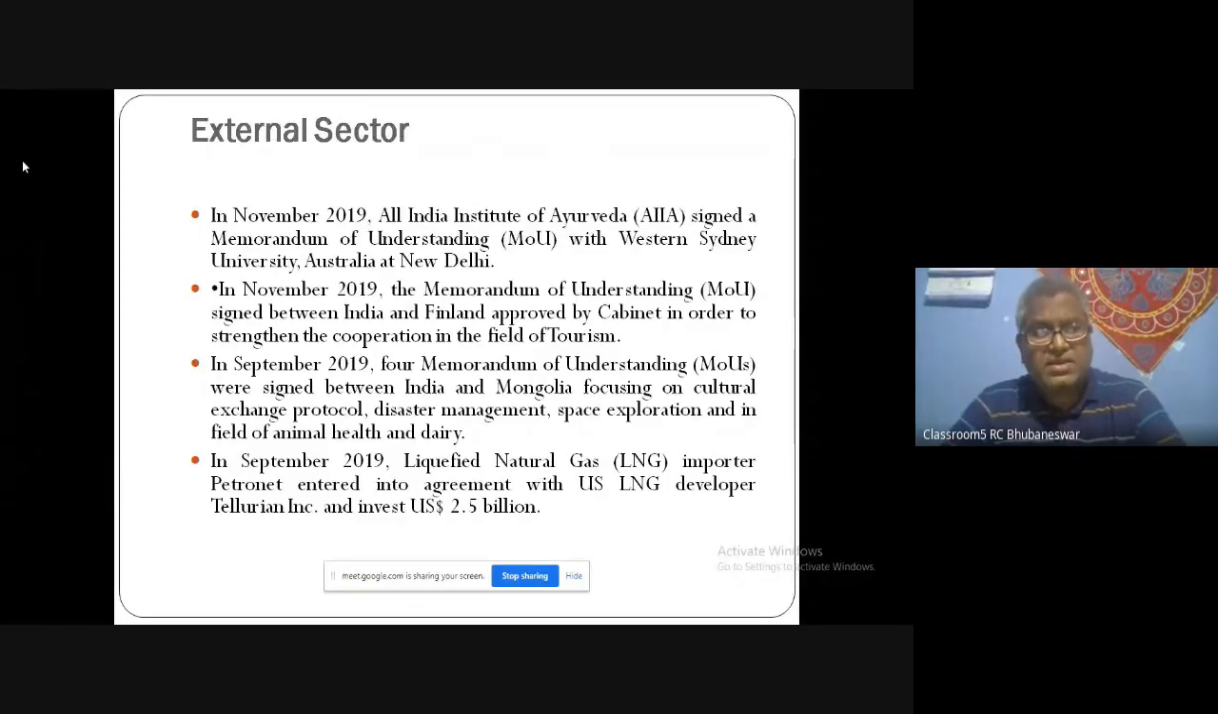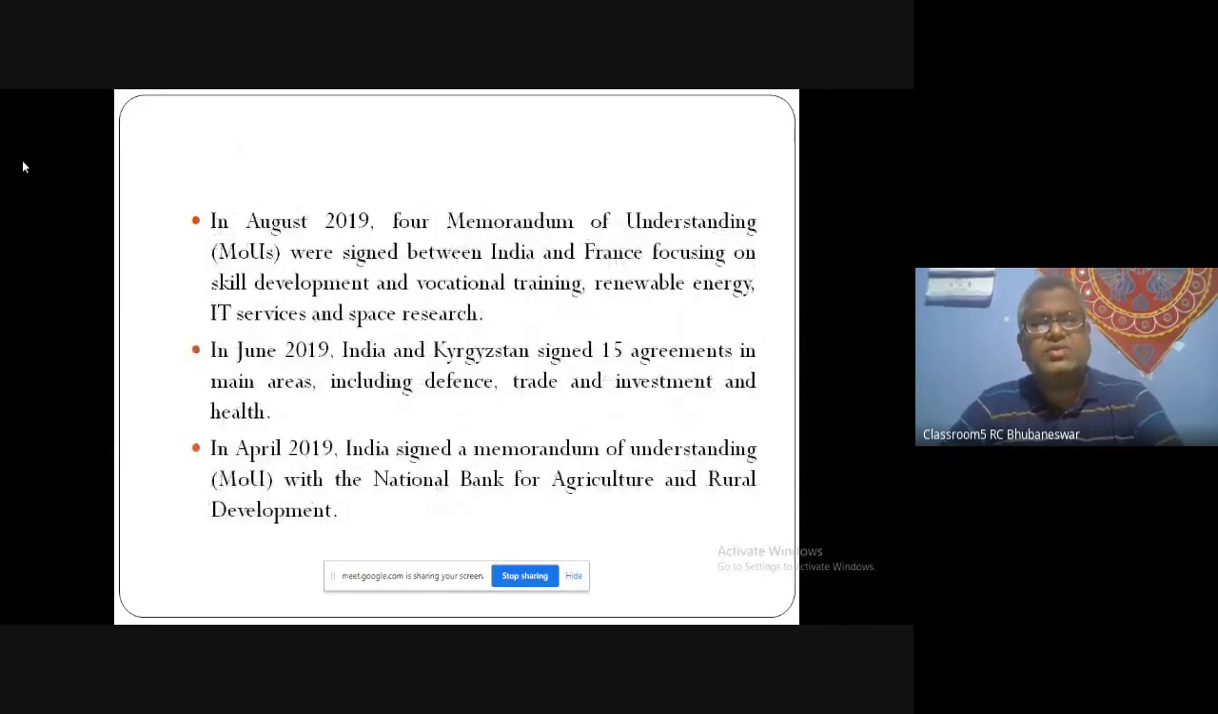And in the year, they are also focusing on LNG, liquefied natural gas, with some other developers also. There is also an MOU with France for skill training. And in June 2019, India and Kazakhstan had an agreement with regard to defense, trade and